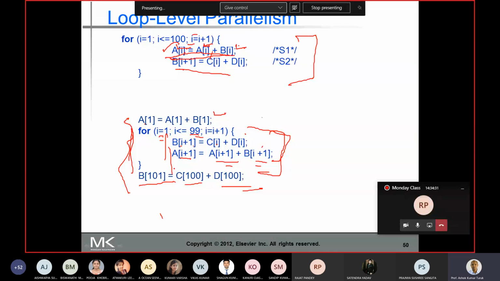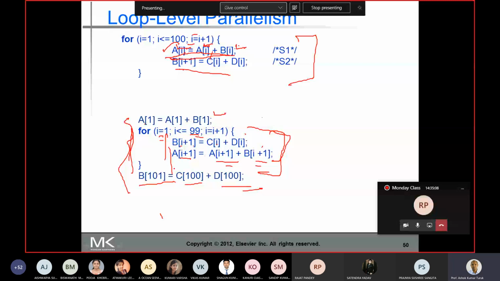Now there exists a data dependence, but it exists within the same iteration, and by means of scheduling, I can overcome this data dependence. Yes, I got it, sir. Because the second will always come after the first one. We have looked at one of the codes where all the loads are taken at one place, then we add, then the store. So when the compiler can unroll the loop many times, it will find many independent instructions, and you can schedule the independent instructions such that the stall will be minimized.